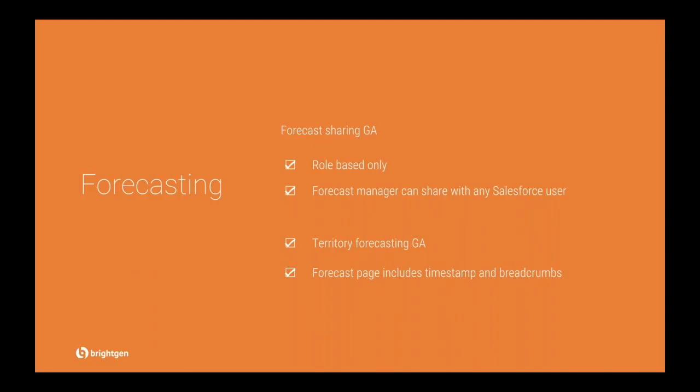Forecast sharing is now generally available. This is for role-based forecasts only, and forecast managers can share their forecast page with any other Salesforce user in their org. Territory forecasting is also now generally available, and the forecast page now includes a timestamp indicating when the page was last refreshed and breadcrumbs to show where you fit in the forecast